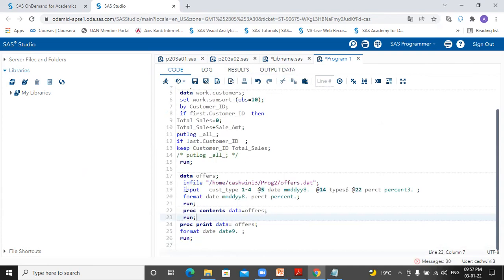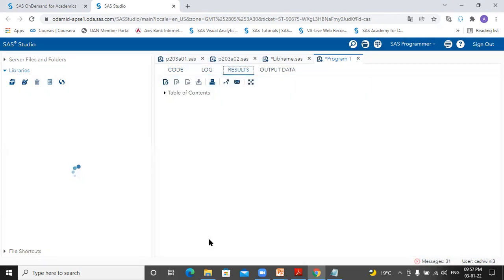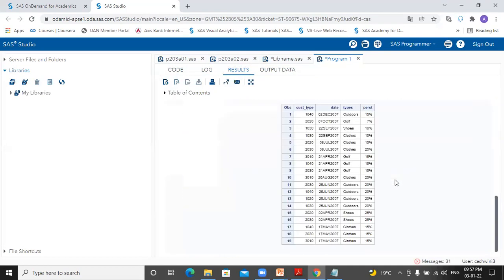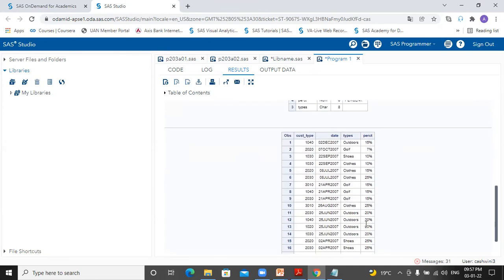So see again, in the attributes, a new attribute, format, is added for your percent column. And this is your proc print display, where you have this original percent and this mmddyy is now replaced with date9 dot as the format to be displayed with proc print. And this is your original format, which is percent on your percent column. Got it?